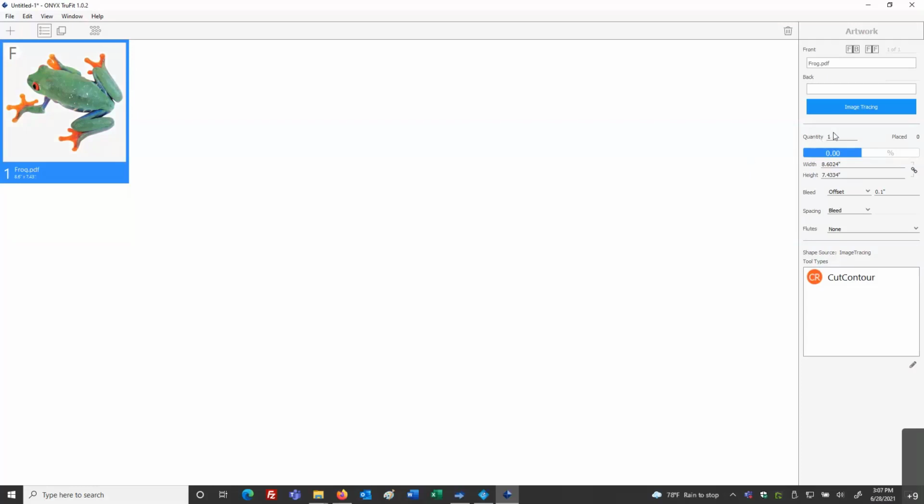On the right side, I can also indicate the quantity. How many of these do I need? I can also set, if I wanted to change a size or a scale factor, this bleed offset and then the offset's default 0.1 is actually the sort of stay away when we go to nest these 10 frogs together to that cut contour shape, which is exactly right on that frog's outline. We may want a little bit of an offset, push away, stay away as they're nesting. And so the default is 0.1.